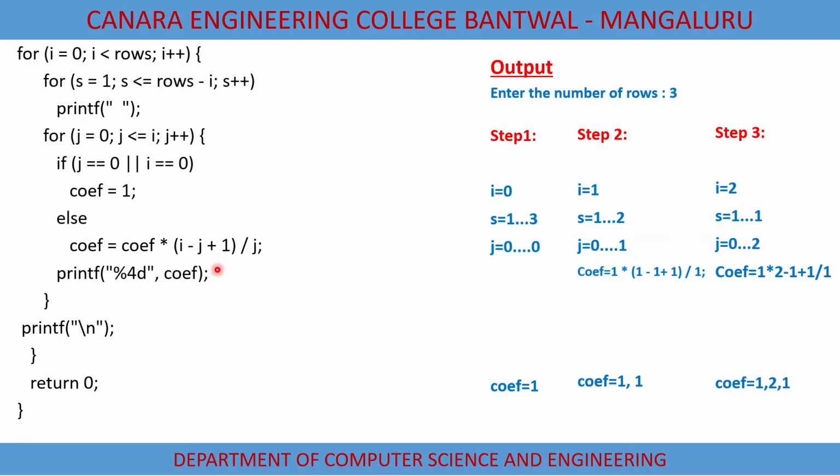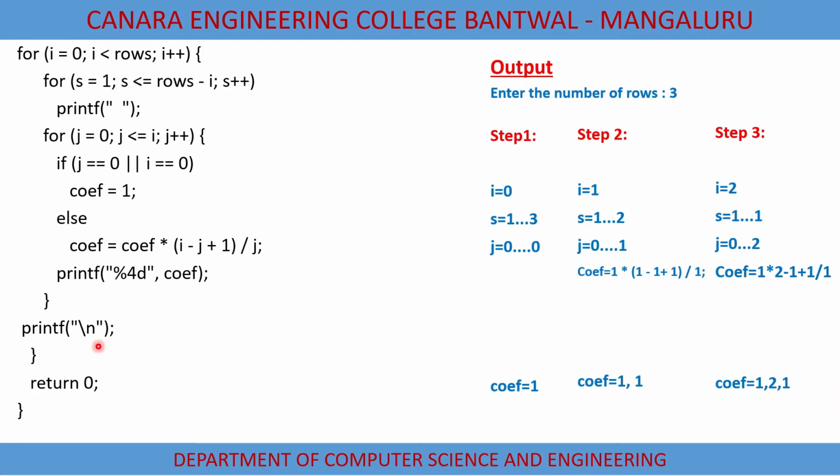Once the values are printed, we go back to the for loop. The next value it will print, the next subsequent values in the row, and after each row is printed, we give a backslash n. So this printf backslash n is to give a new line, that is to leave a line after one row of elements is printed. After that it enters into the outer loop again, for i is equal to 0, i is less than rows, and subsequently goes for the next execution.